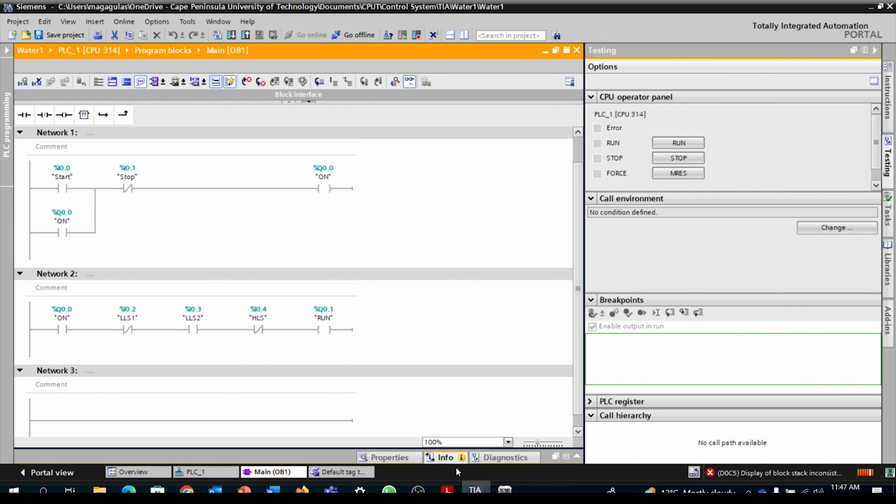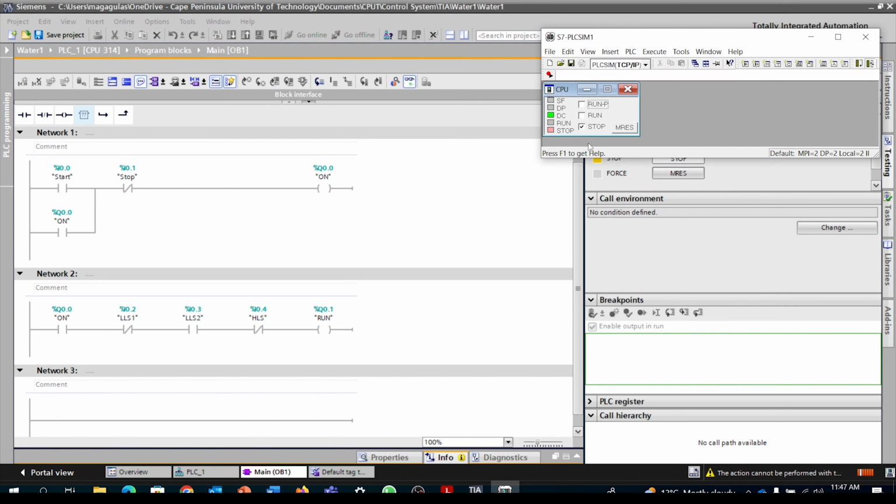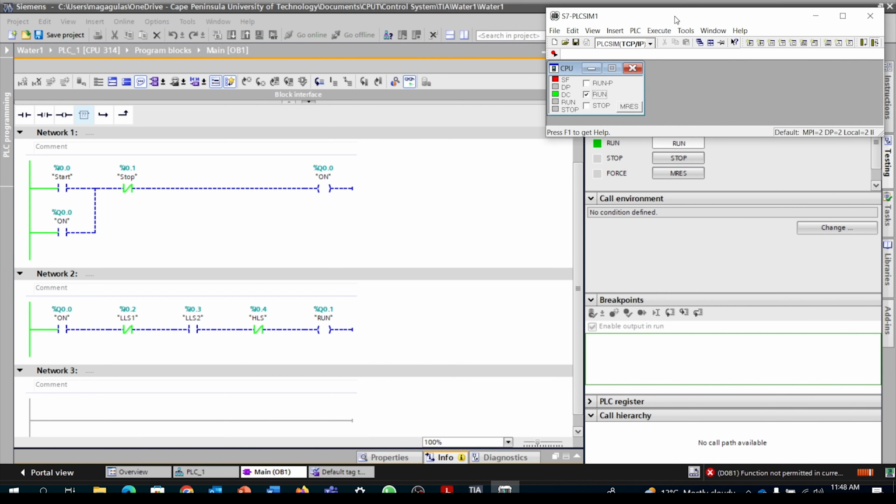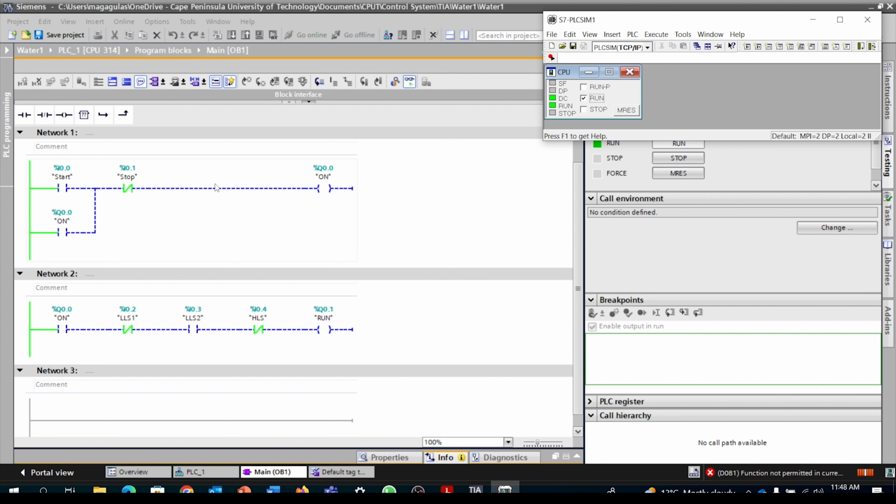Now what we'll see, as you can see, it's still gray because it's on stop, but when you press run, everything will change and show you. Now I think you can see it's on run. As you can see, the green is where it's energized. It stops here. As we can see now, once you press start here,